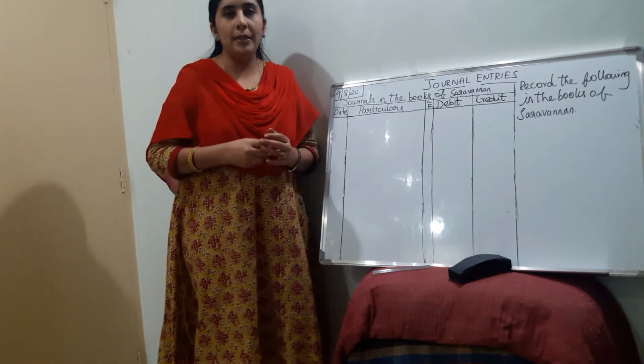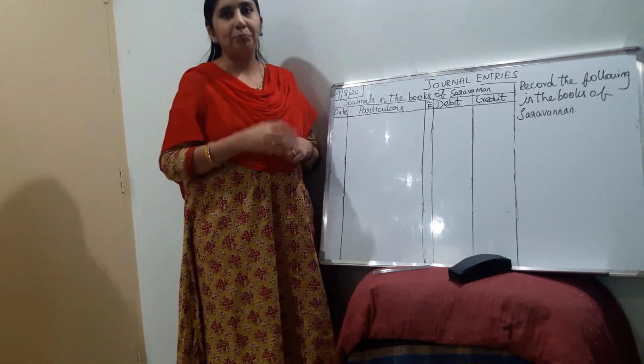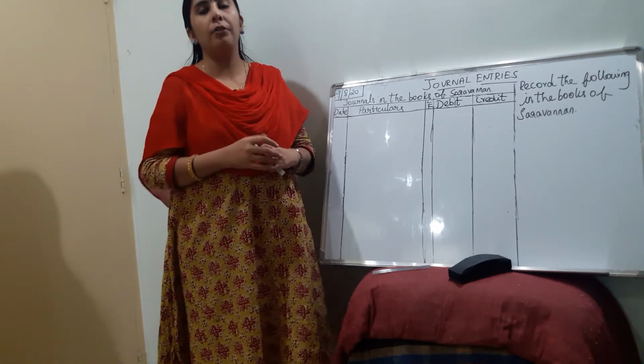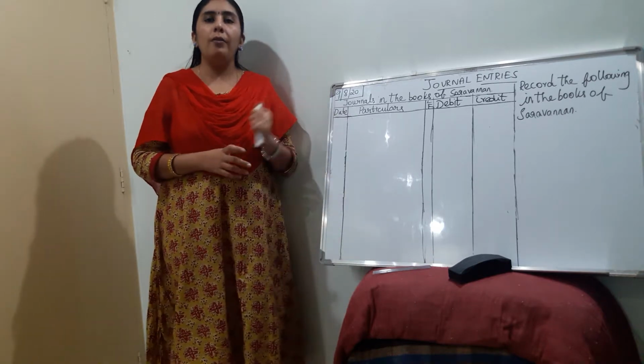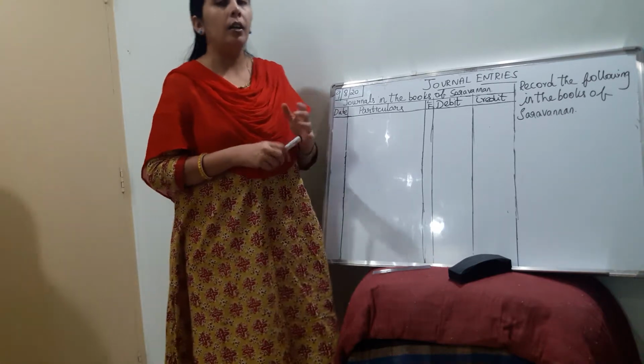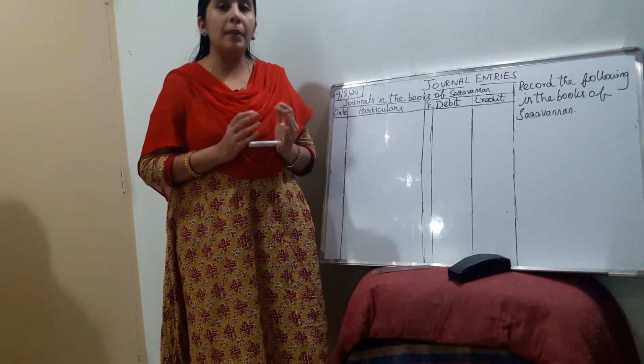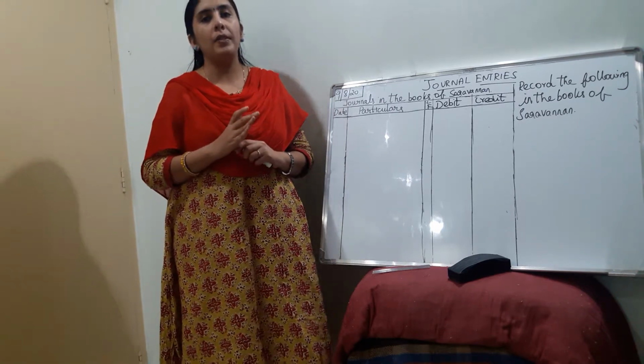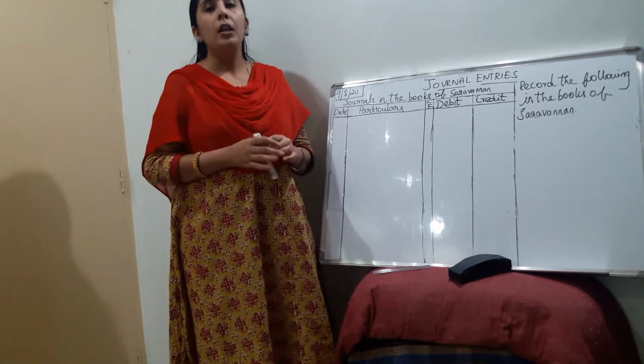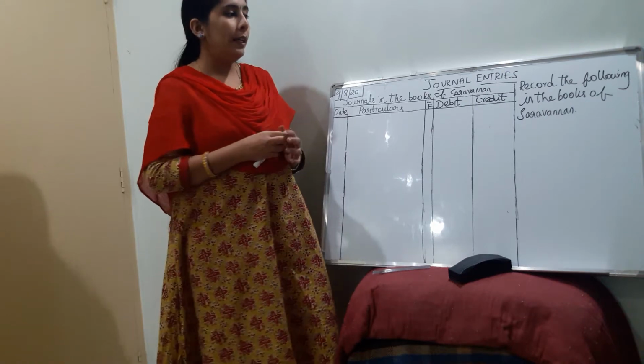Today we are again going to see the fifth session in the journal entries, or recording of journal. Now we are going to see the concept of recording entries based on credit. As of now we have seen only on the basis of cash. Now we are going to see on the basis of credit.